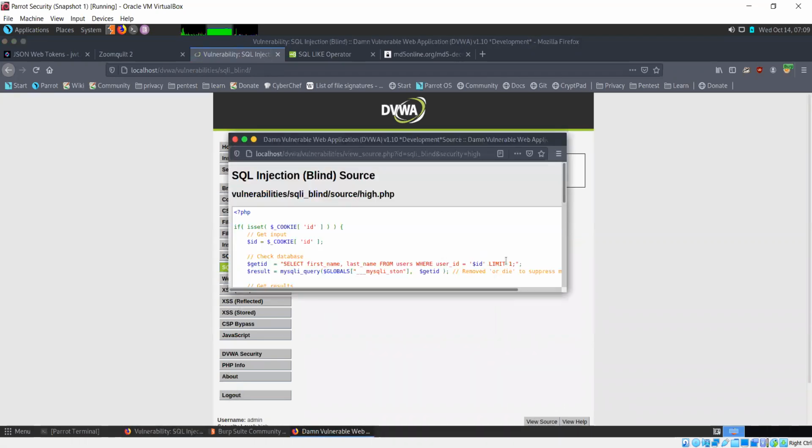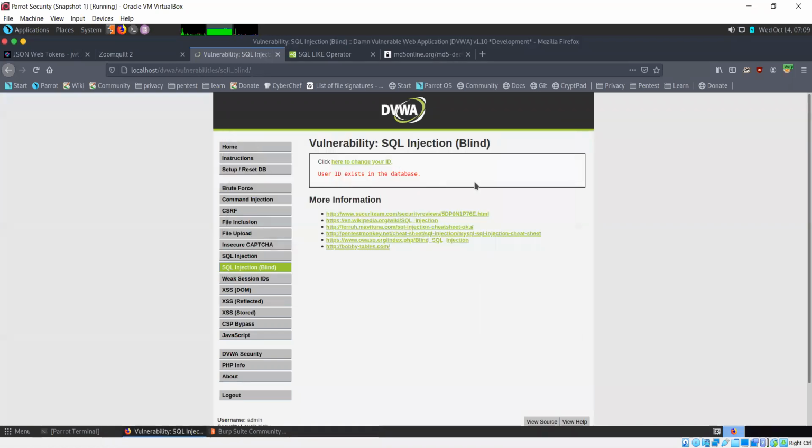There's limit one here as well, but in this case limit one does not really matter because we're not really getting results on screen. We're just able to ask the database some questions in a true or false kind of format to glean some information from the database. So that is how blind SQL injection works.